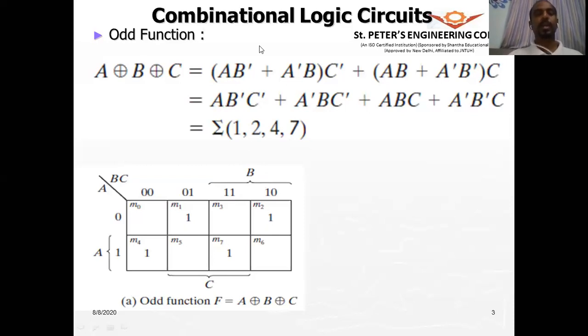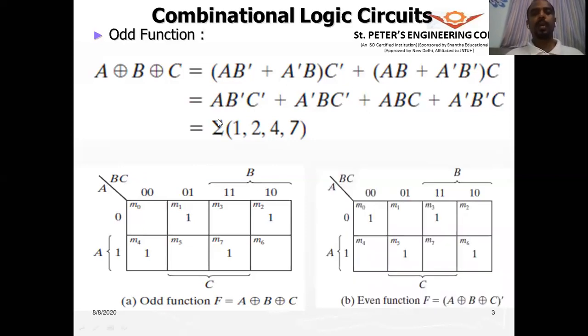Of course, we are not saying that 2 is an odd number, nor that 4 is an odd number. Here we are talking about the number of ones in this binary sequence, not whether it is an even or odd number as a decimal, as we consider in decimal. All right. Okay.